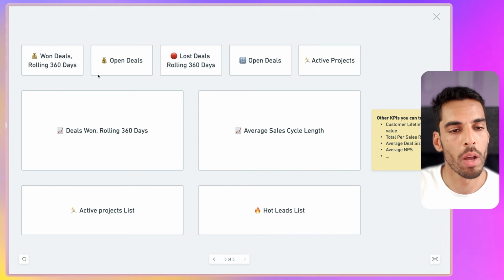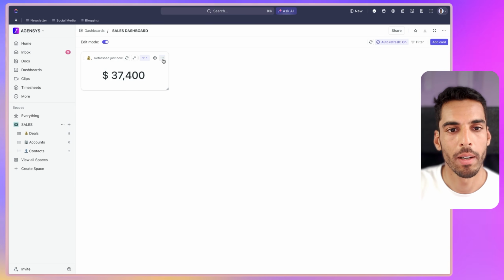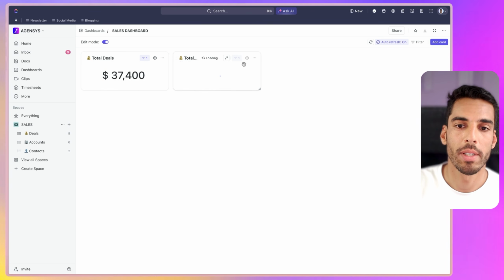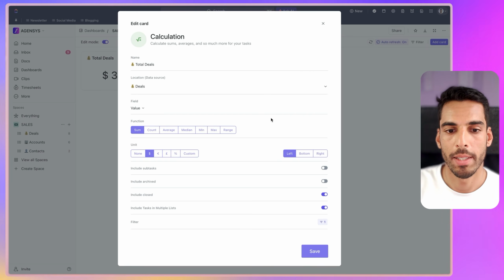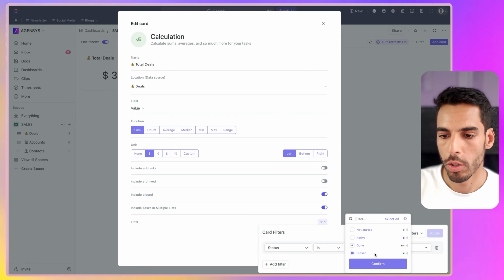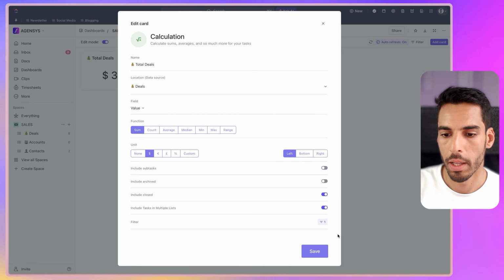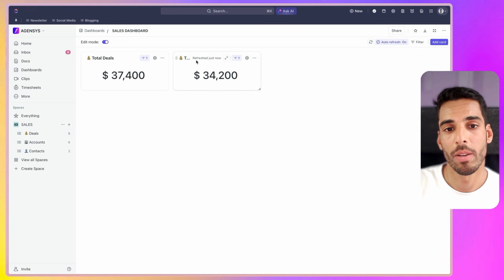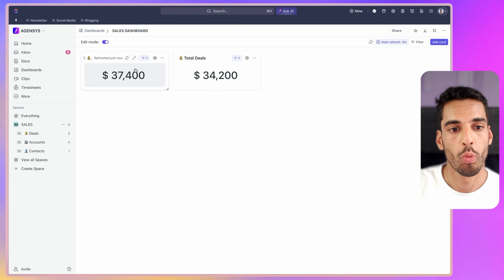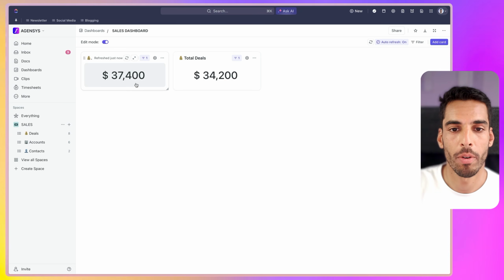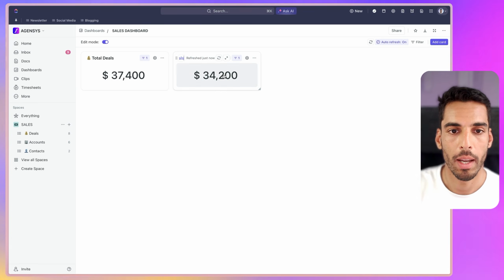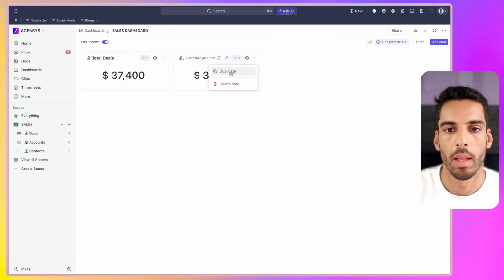We want to know the sum of open deals. So let's get back here. And what we can do is duplicate this widget. That way it will save us time in setting it up. So I'll go into my settings and this time we want the sum of the ongoing deals only. I'll just put a filter on ongoing, click apply, and that amount is smaller because we know that the total ongoing deals is 34,200. So we have signed in total 37,400, from which we have 34,200 ongoing. And I can name this ongoing deals. And let's move on to the next one.